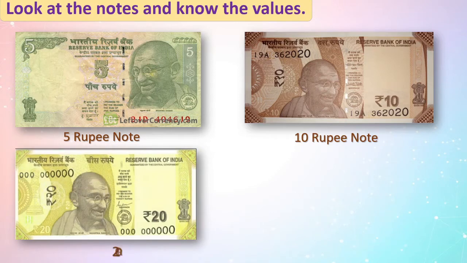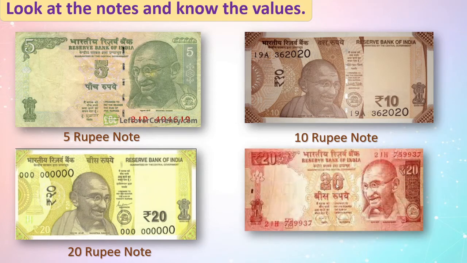This is 20 rupee note. You can see there 20 is written here. So the value is 20 rupees. And here you can see 10, right? So the value of this note is 10 rupees. Okay? See, this is 20 rupee, one more note, right? Here we can see the different colors, different size, right? Why is it given different colors, do you know? Yeah? To identify quickly and to handle it properly. Okay? Got this?